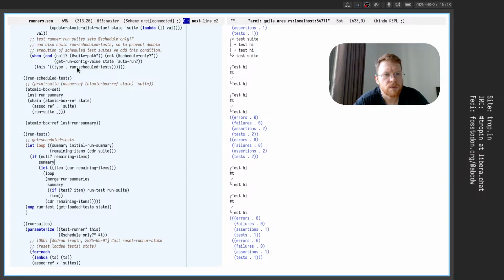If null, return summary. Otherwise, item takes the first item from remaining items. Loop merge run summaries. Summary test. This one